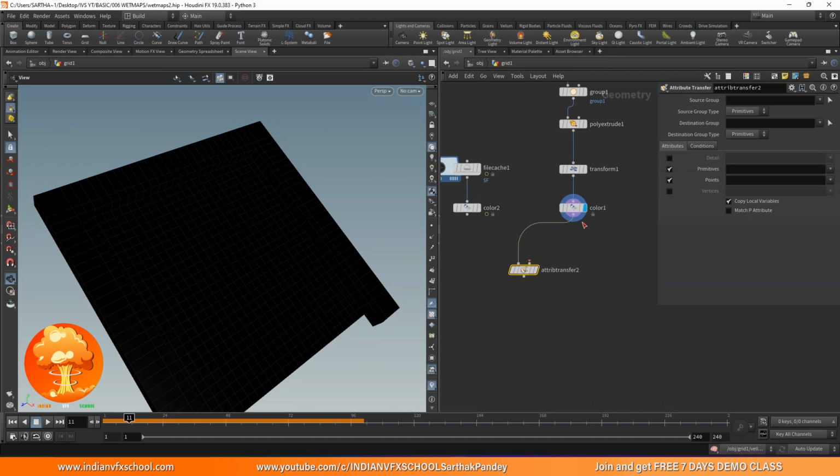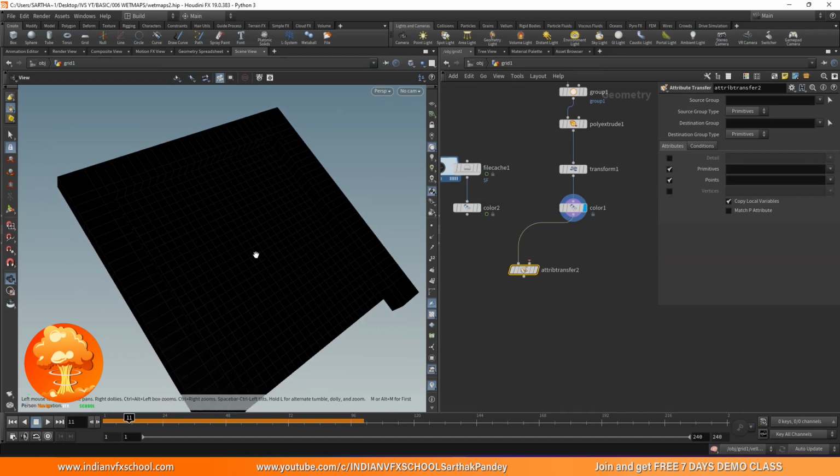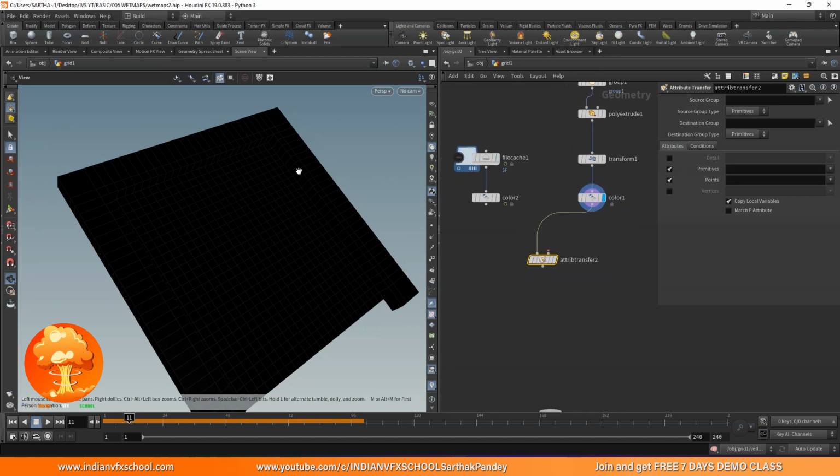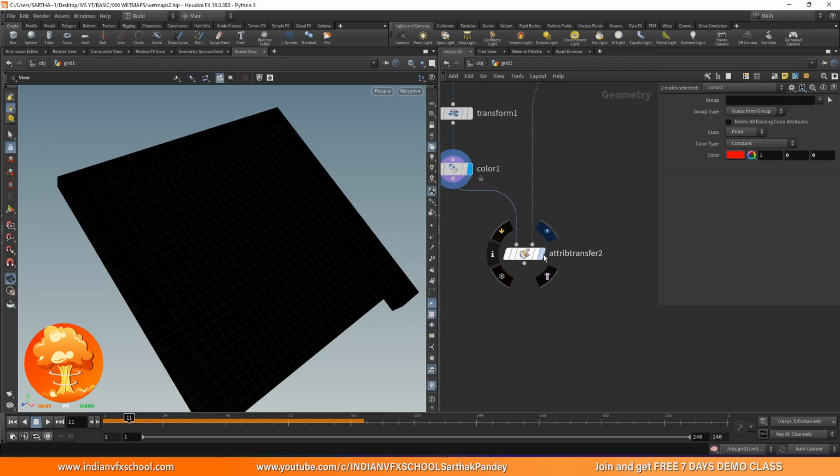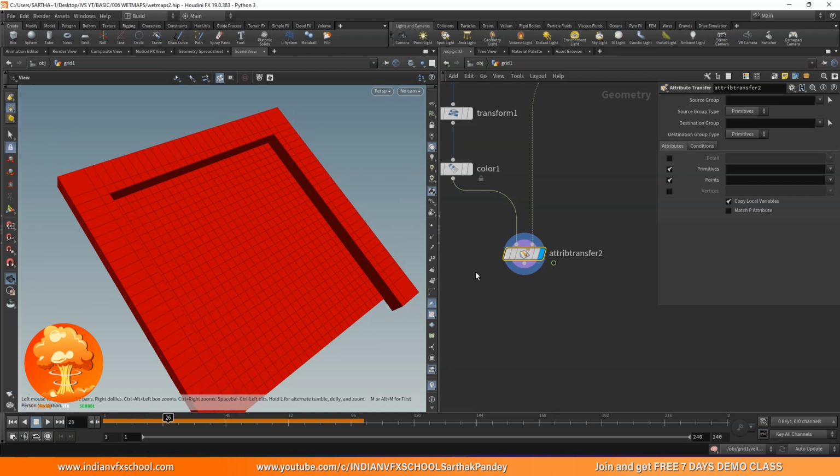I want to transfer the attributes to my box, because I want to make this box wet, and the wetness thing is this object, I mean the Vellum simulation. So attributes from here. Okay, now let's reorganize it something like this. Fine. All right, now if I click over here, you can see everything turns red